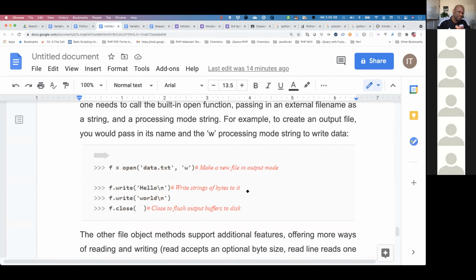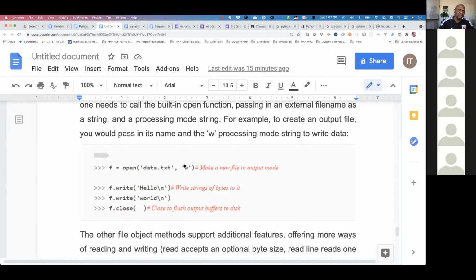Yeah. So when you pass in the function, that's a built-in function in Python, the open, you have to pass two parameters, or sometimes we call them arguments. So when we say open, you open what? This one will always be the file name and its extension. So I can say f is equal to open, like employees.txt. But you always have to specify here what you are opening it for. Is it for reading, for writing, or for both?